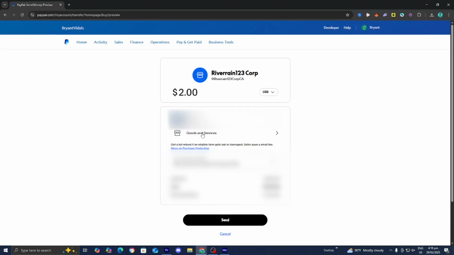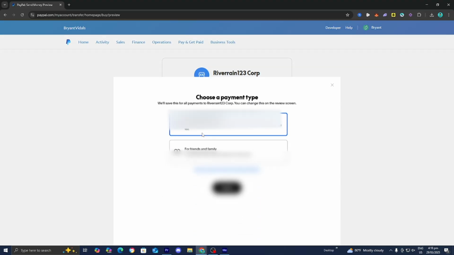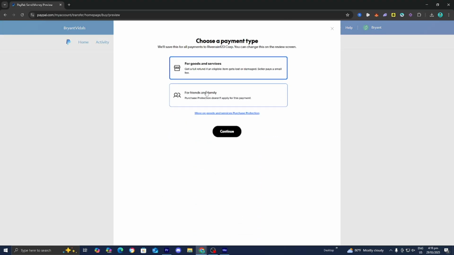And you will notice that over here, it will automatically select goods and services. And you basically want to go ahead and change that to friends and family. And basically, whenever you do send the payment and it's friends and family, it will reduce fees, and it will basically just make the process